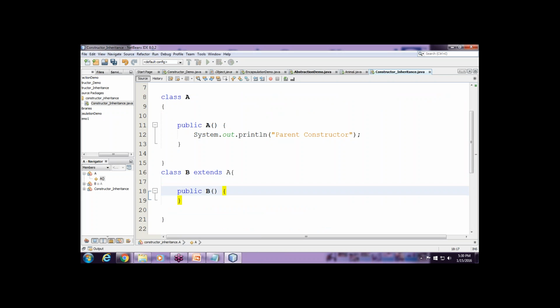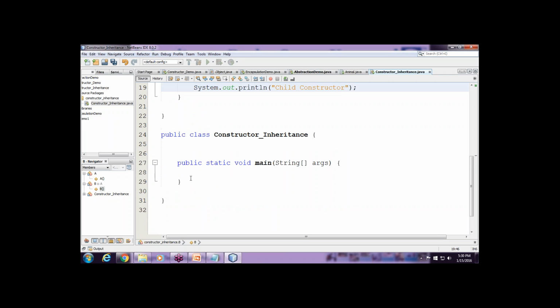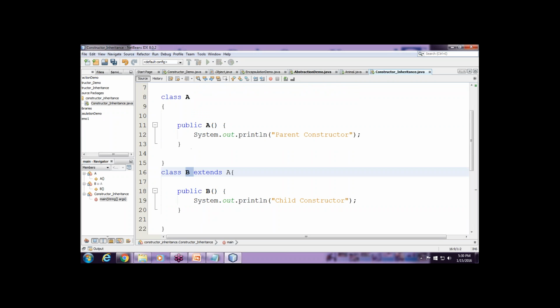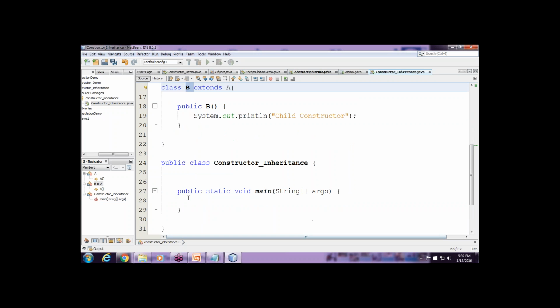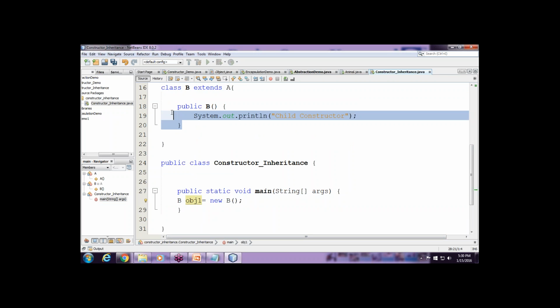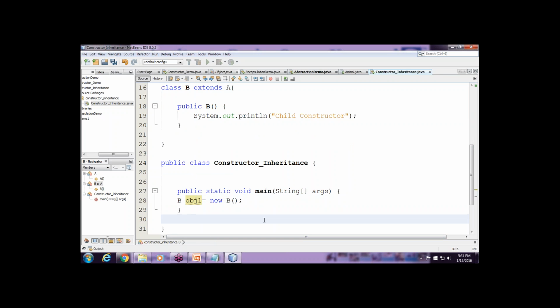Now System.out.println parent constructor, and here System.out.println child constructor. Now I'm creating an object of B only. Whenever we create an object of any class, only that class's members we can access. B obj1 equals new B. So which constructor is actually invoked? The B constructor. That means it is supposed to call only this one. Now if I run this program,